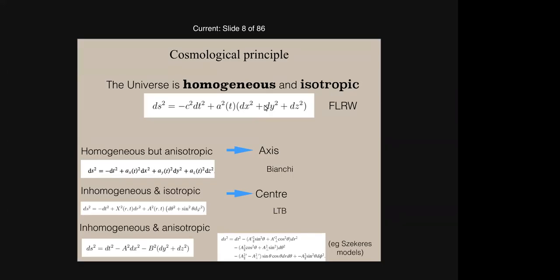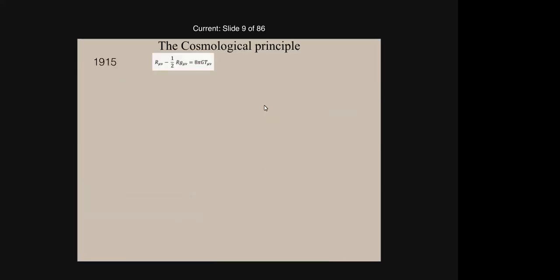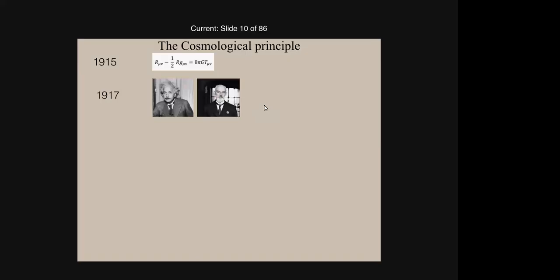So you see immediately the simplest reason for which we have chosen the FLRW metric: it is quite simple as compared to other metrics. In fact, when Einstein wrote his equations around 1915, many people, including Einstein himself, were looking for a solution to this equation. But of course, like most physicists and mathematicians, the first thing you want to do is to find the simplest solution. At that time, Einstein didn't think that the universe was expanding.